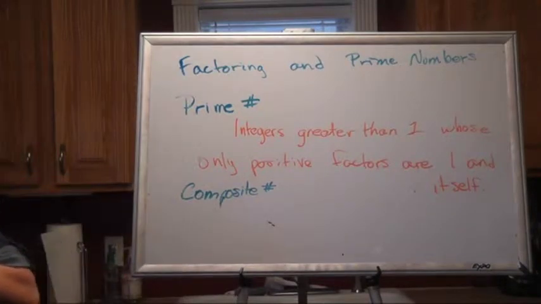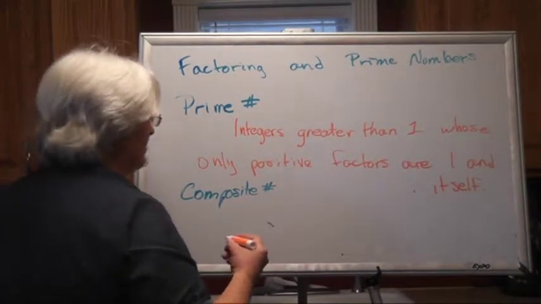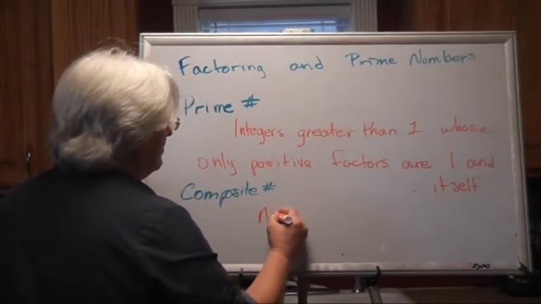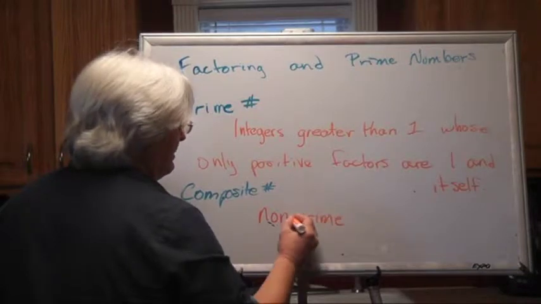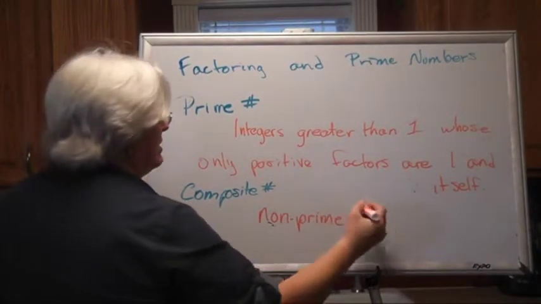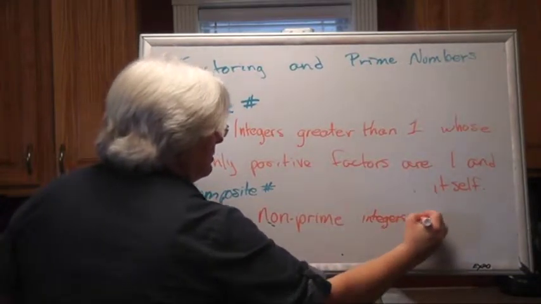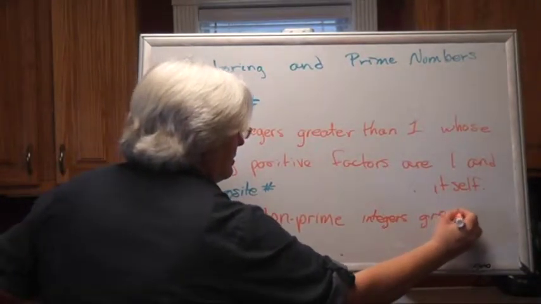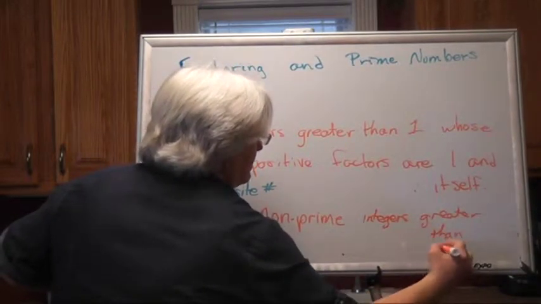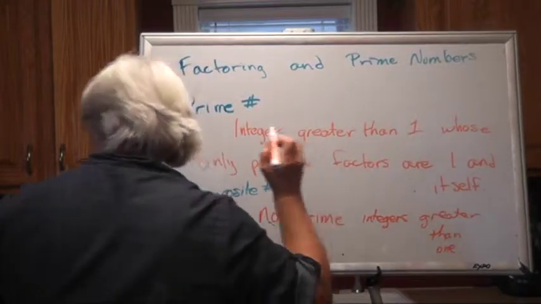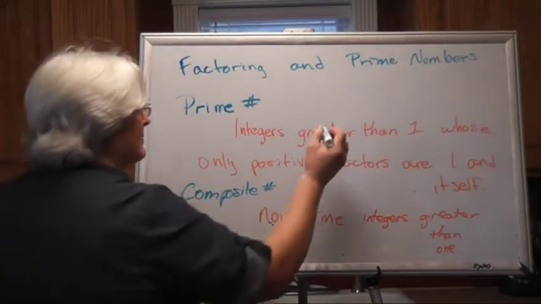Now, composite numbers then are very easy. Composite numbers are non-prime. Non-prime means they're not prime numbers. Non-prime integers greater than 1. Now I want to go ahead and highlight that because something that a lot of kids and a